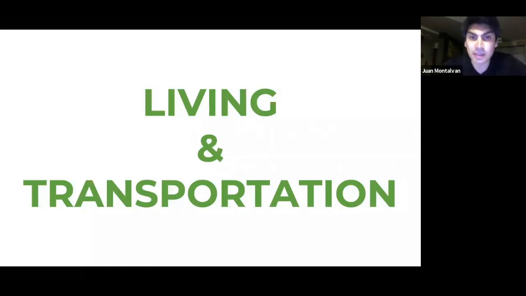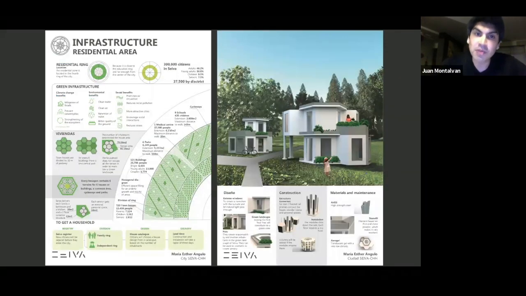Also, we can see socio-natural infrastructures in living and transportation. And this aspect is also interesting because it poses questions about what could be a reasonable density for a city. And once that density is surpassed, then the idea is that the city works as modules, and people can be distributed within different cities so as to fit the living conditions for everyone. As well as specific aspects of the actual house and how, from an infrastructural level, this house also expands in a way that responds to the expansion of the families as more members come along,